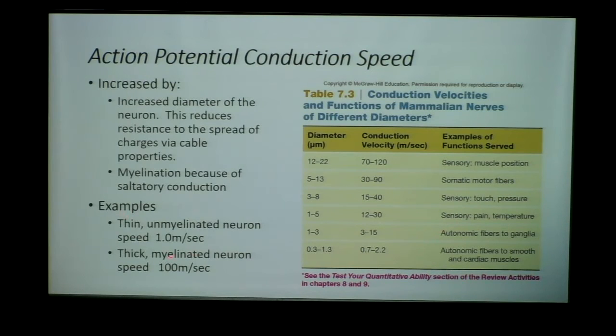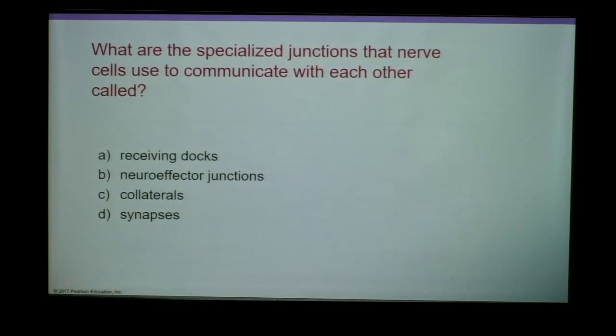Right, and so a very thin, unmyelinated neuron may conduct at a speed of 1 meter per second, whereas a well-myelinated, thick myelinated neuron will conduct at a speed of 100 meters per second, so much faster. And really pointing out the underlying mechanism, that's because the myelination allows the action potential to jump. So if it's a bigger myelination, it's a bigger jump, right? It's going to move faster along the length. All right, so let's